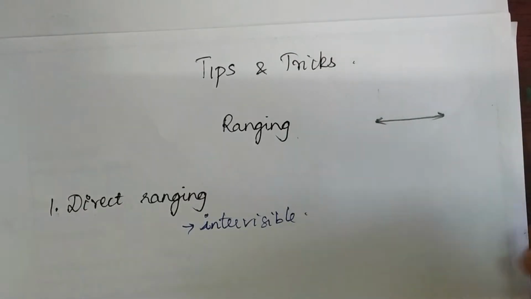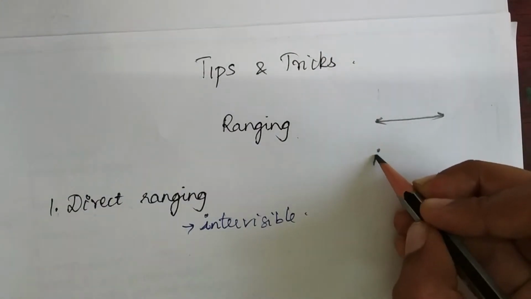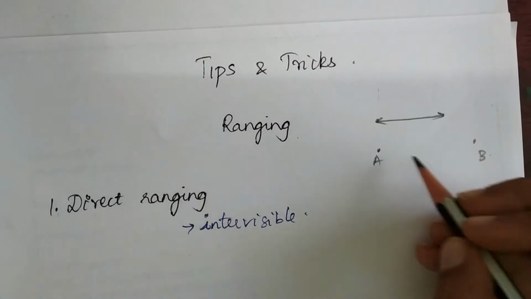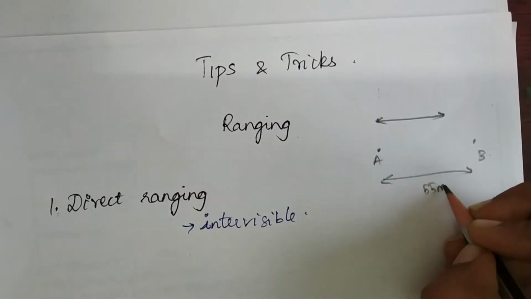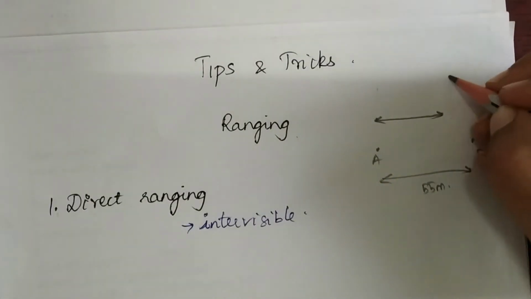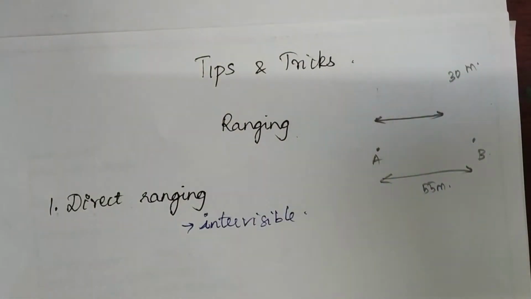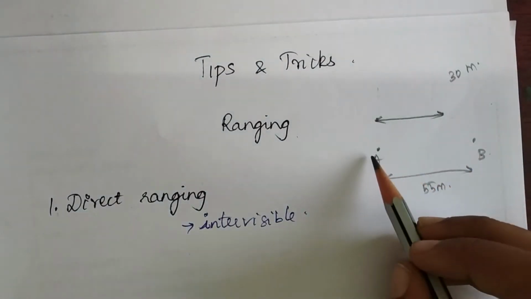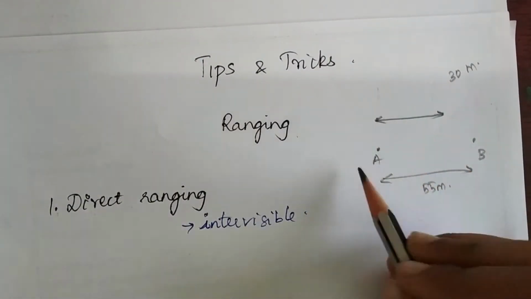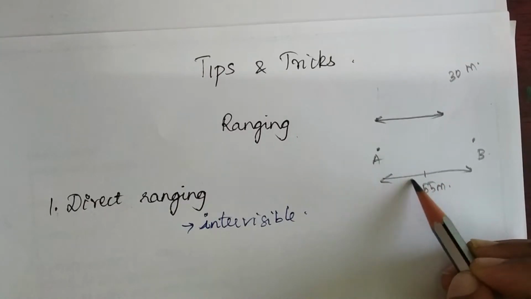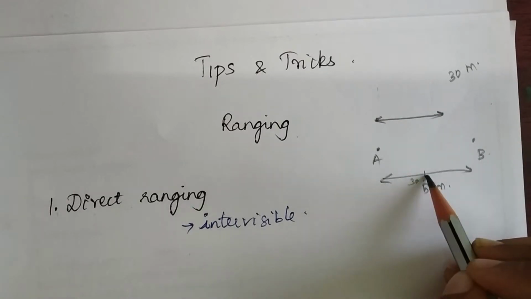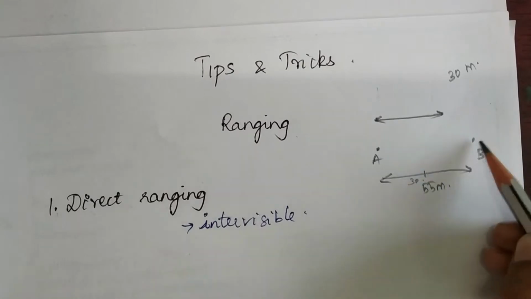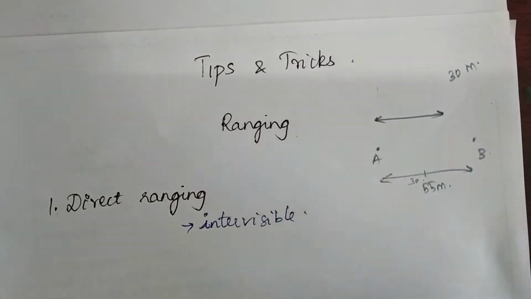Say my objects are A and B, and the distance between them is 55 meters, but I have a tape which is only 30 meters long. In that case, when measuring the distance between A and B, there occurs a break at the 30-meter point. So after measuring 30 meters, I have to take a break and again measure from this point till I reach B. So while doing this